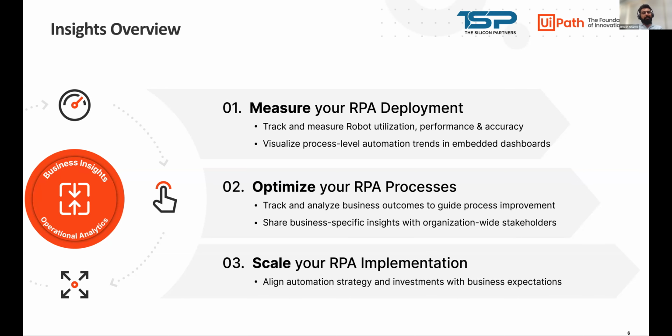Lastly, UiPath Insights helps you scale your RPA implementation effectively. It aligns your automation strategy and investments with business expectations. This alignment ensures that your RPA efforts are not just technically sound, but also aligned with the strategic goals of your organization as well. By doing so, you can justify and prioritize RPA investment, making sure they deliver maximum value to your business. So this means UiPath Insights can be really helpful if you're looking to scale up your existing automation and want to deliver maximum value. Moving to the next slide,